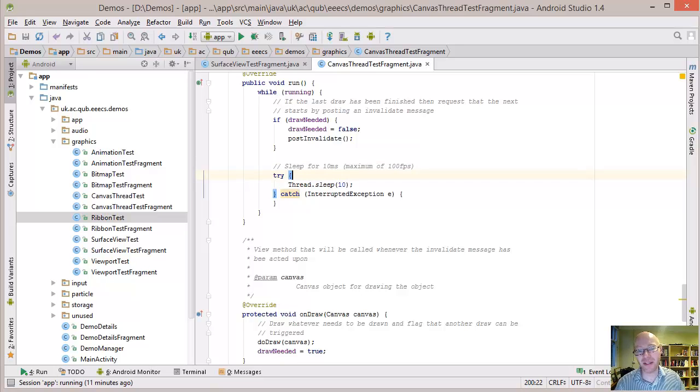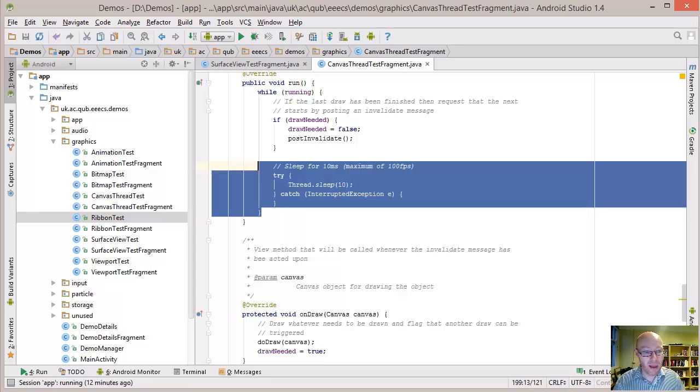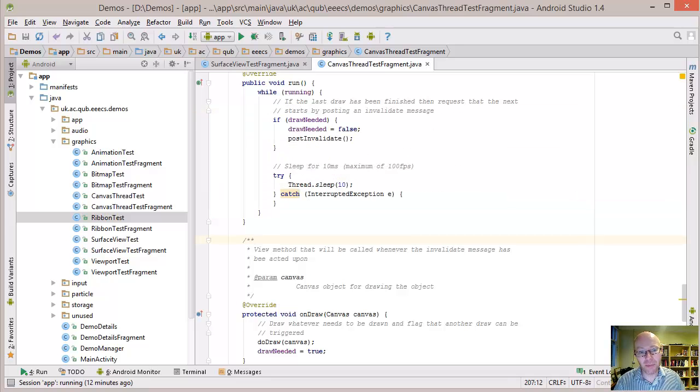I'm capping this at 100 frames per second. I'm not doing anything fancy by way of trying to time it. I'm simply going to say, go to sleep for 10 milliseconds, and then wake up. We'll come around this loop again. Now, if draw needed is